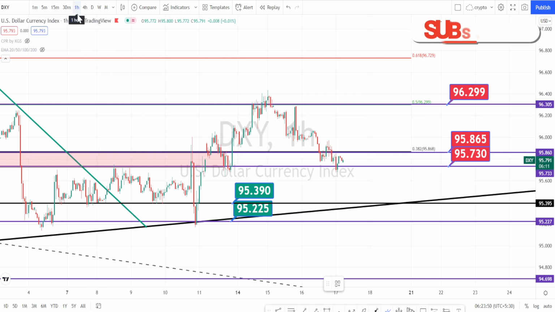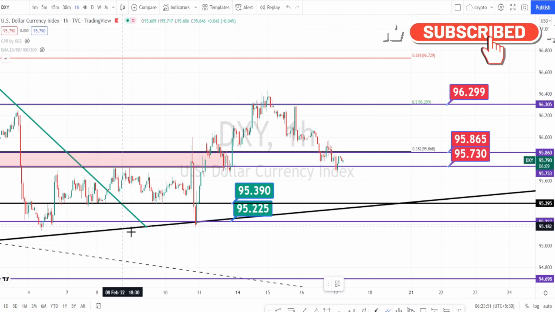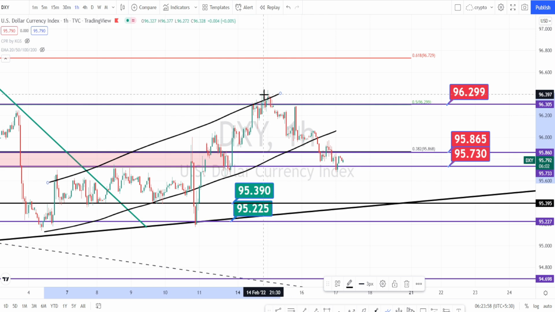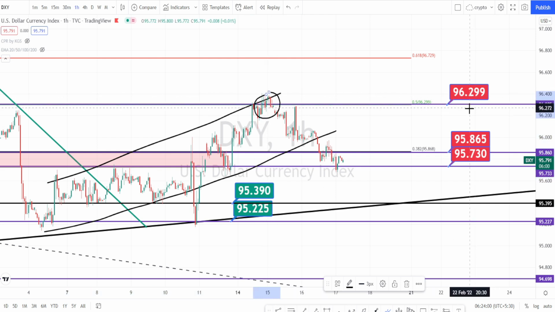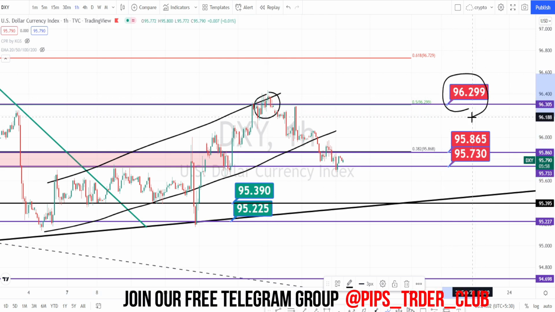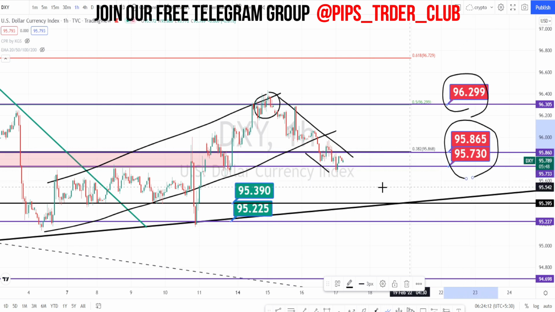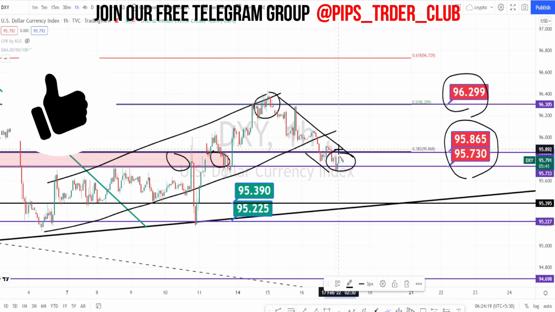I'm in the hourly time frame of the dollar index. When we look at the price action in the dollar index, it is still in a very nice bullish trend, and here it has taken resistance at the level of 96.299 and it is on a retracement and taking support on the support level of 95.865. This level had acted as a very strong support previously also,